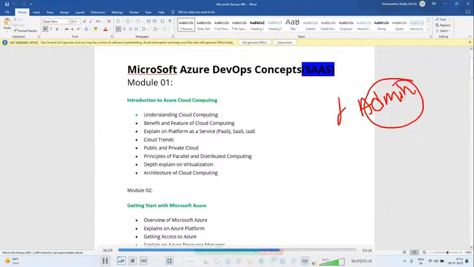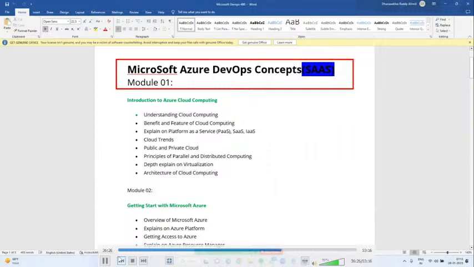Whether you are going to learn Azure or AWS or Google Cloud, that is totally up to you. But learn administration, and from there move on to other services, whichever you require, depending on your career path.